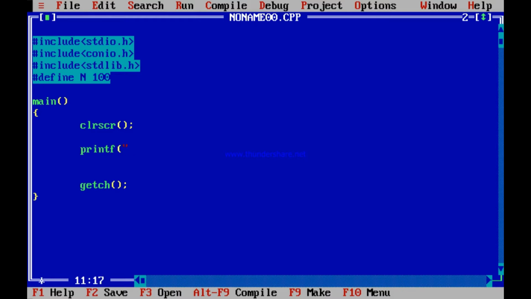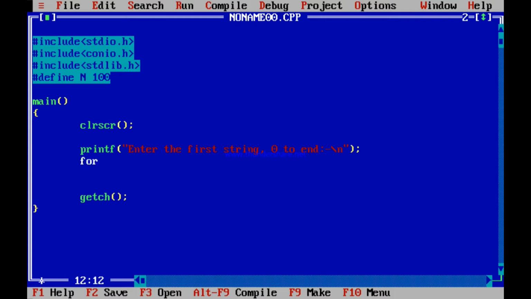printf "Enter the first string". Where should I scan it? Enter the first string, maybe like this, \n. I have asked for the first string to be entered one by one, obviously 0 to end. So enter the first string one by one, 0 to end. And then definitely I scan it.